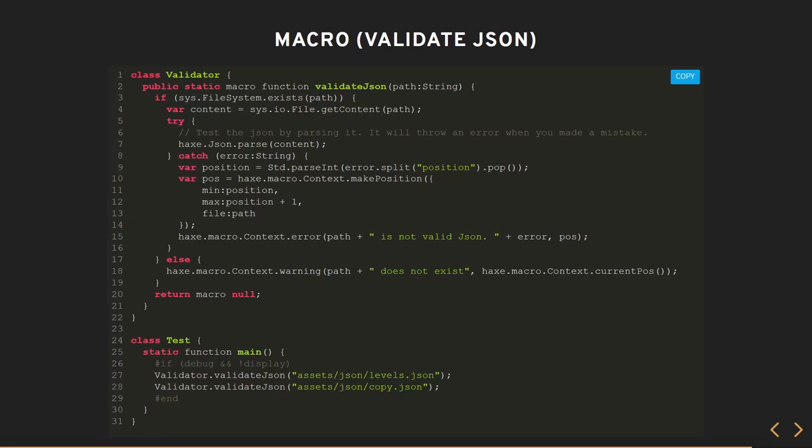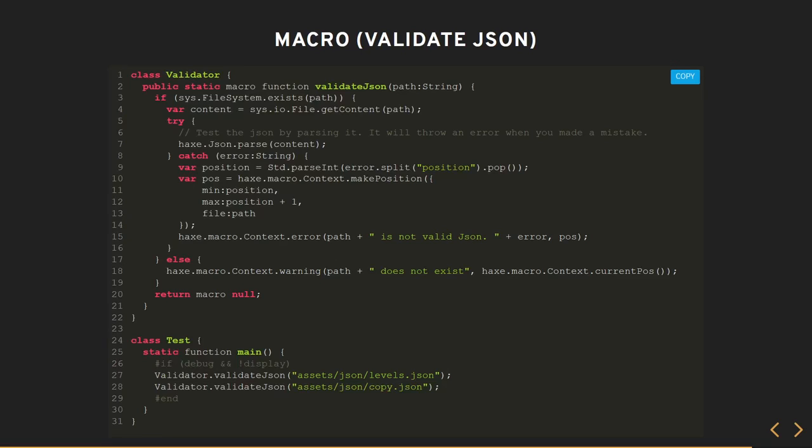So macro function, validate JSON, is going to use all of these file system functions, which are part of the Haxe standard library. You're going to read the file contents. Haxe provides a JSON parser and reader in the standard library, so you're just going to use it to try and parse it. If it fails, then we know there's an error.